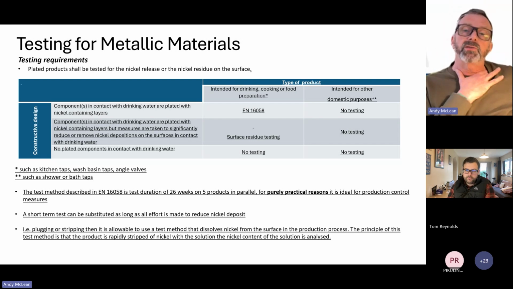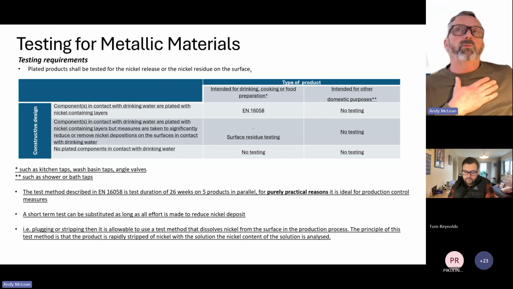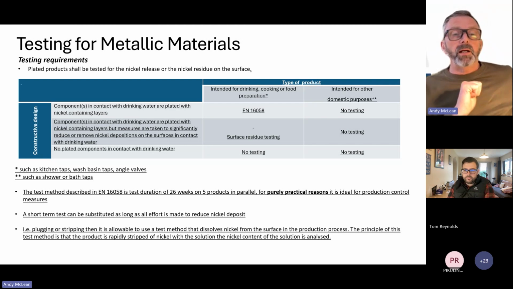Concerns have been raised purely for practical reasons that it's not a production control measure. So it is under review. They're still looking at it, but that's the test method that is singled out. But they are saying that if